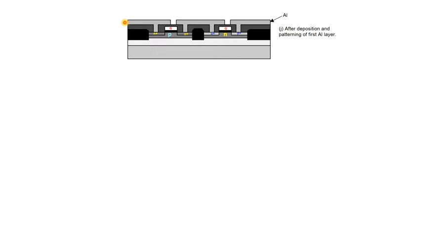And with this step, the basic fabrication process of a CMOS inverter is complete. But this is only a simple CMOS inverter, and suppose you want to use this CMOS inverter as a part of a complicated circuit, then only one metal line, or this metal line 1, is not sufficient. Then we have to go for multiple metal lines. Let us show one more metal line, how to use another metal line and connect it with this metal line 1.